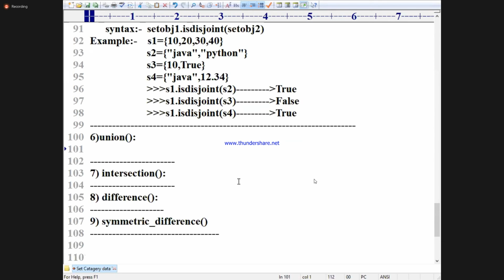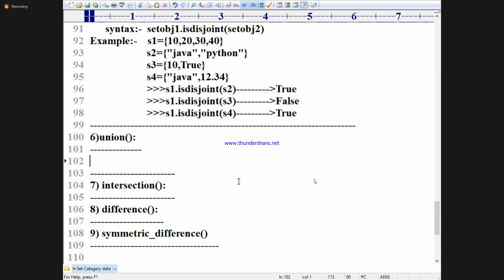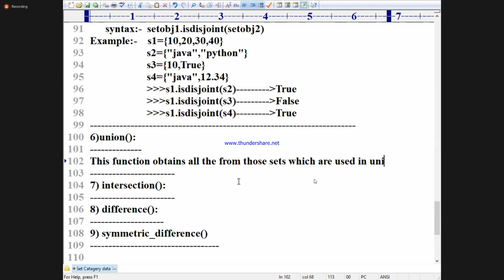Write down: this function obtains all the elements from those sets which are used in the union operation.